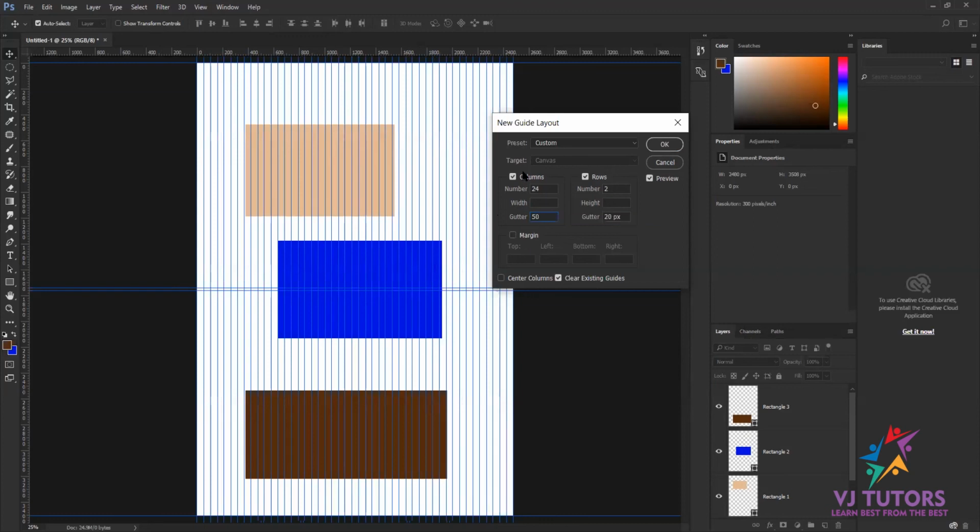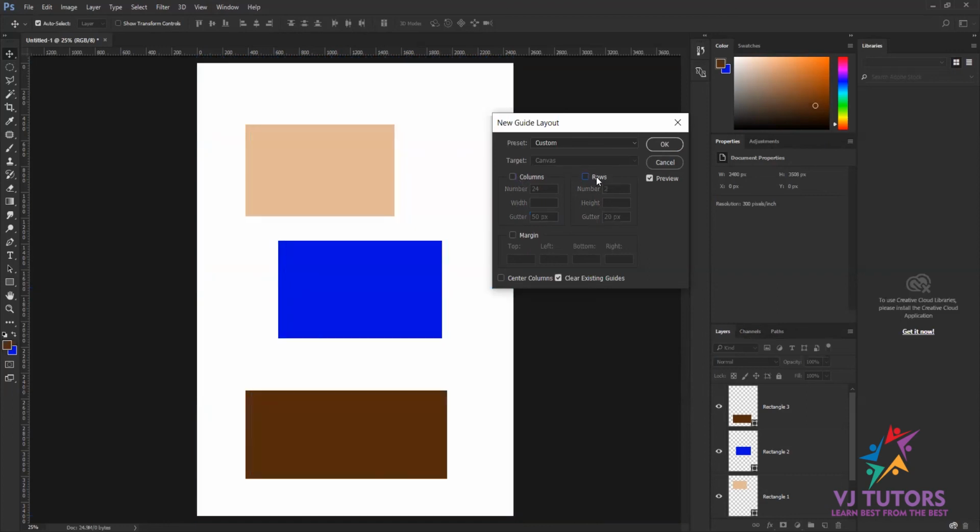Or suppose you want only a margin, you don't want any columns or rows. I just deselect the columns and rows. I click on the margin and I'll give a margin of whatever I want. Like I want 1 inch, so I'll click on 1 in, and it'll give me 1 inch. If you want millimeter, you can just click on it and it'll give me 1 millimeter. So the unit is most important. Whenever you give a unit, Photoshop can understand on what particular point you want it.